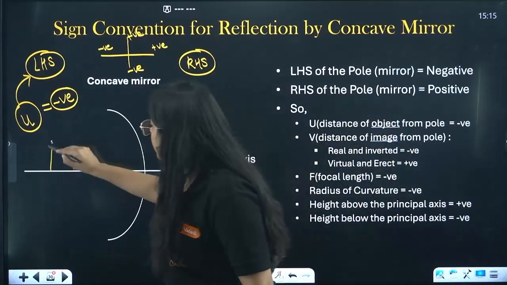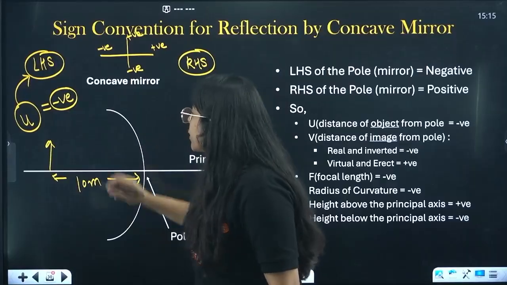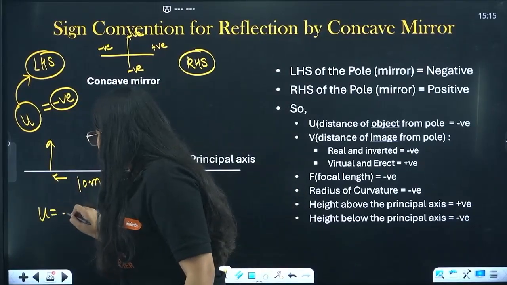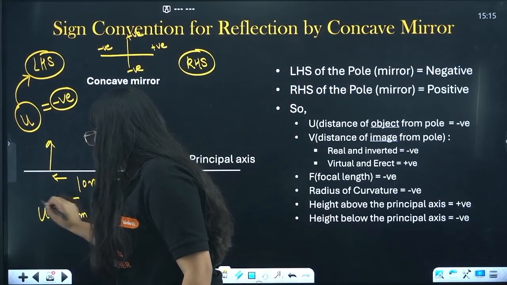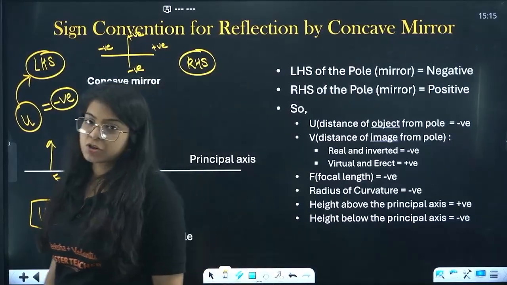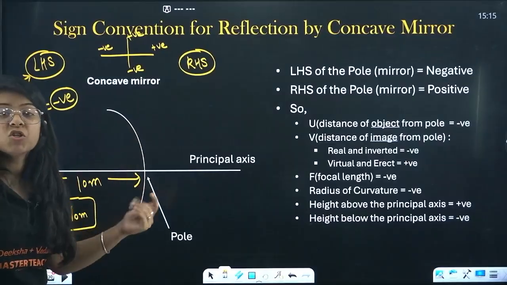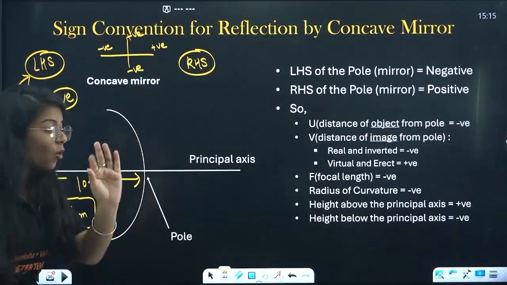U is your object distance. Let's say my object is here and I say it is 10 meter from this mirror. So this u will be what? It will be minus 10 meters. Understood? Then v, in concave mirror, we know all the images were real and inverted, and all those images were